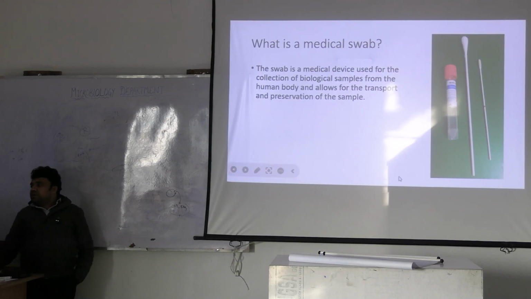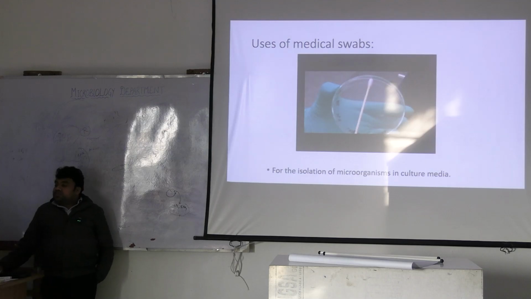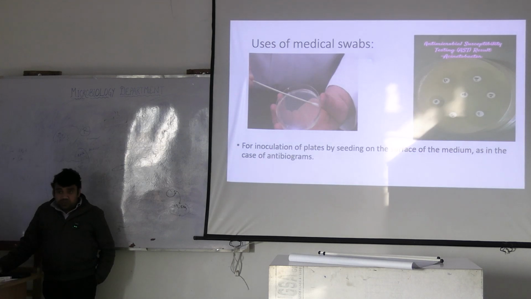What is there? This is something called the head of the swab. This is the shaft and this is the container. Now what are the uses? First, we can use this for isolation of microorganisms from culture media. We can use it for AST. এটা যখন AST পড়ানো হবে তখন দেখানো হবে কেন সোয়াব ইউজ করা হয়।